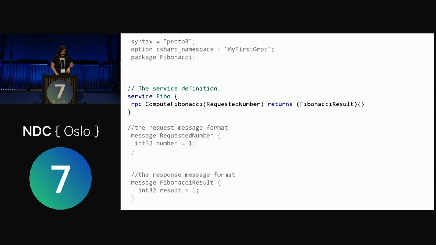It's still an input that needs to be there. So one thing in returns one thing out. Looking at the types, you have this keyword named message where you describe the input and output basically for this. So requested number is an int32 with a name, number equals 1. Yeah, that equal 1 is not an assignment, it's the order of the field in the specific requested number